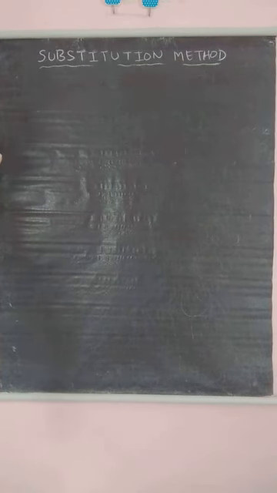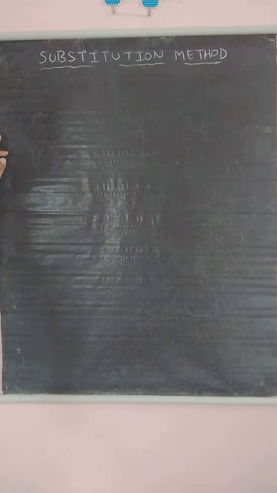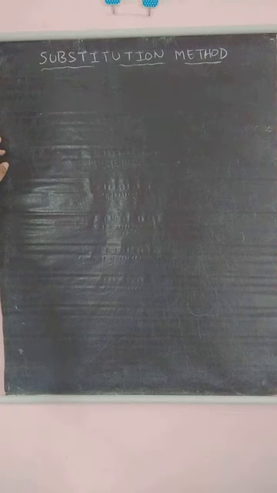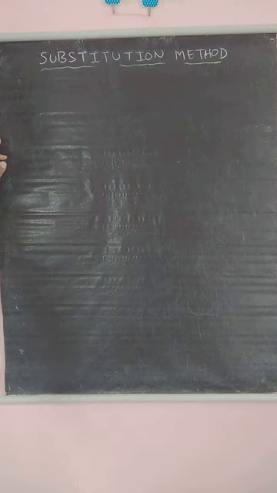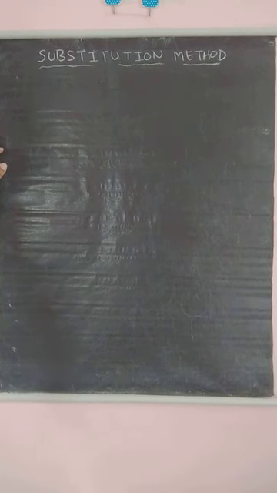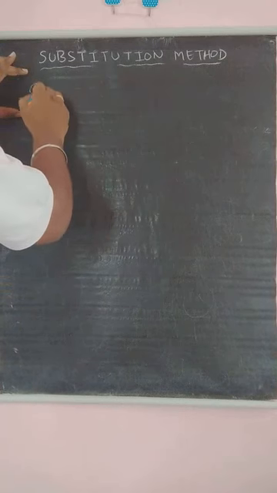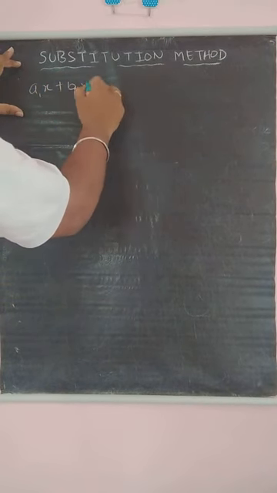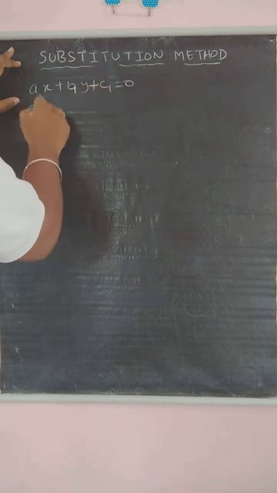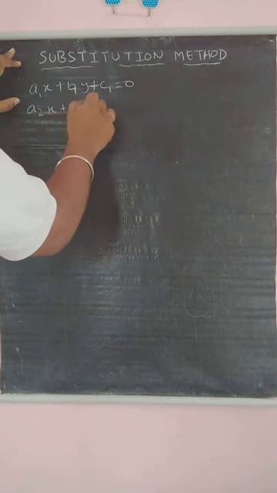Good morning, students. Today we are going to discuss the substitution method. So till now we have gone through the graphical methods to find the solutions. Now this is one of the methods to find the solution of a pair of equations without drawing the graph. So in this method, suppose a1x plus b1y plus c1 equals 0, a2x plus b2y plus c2